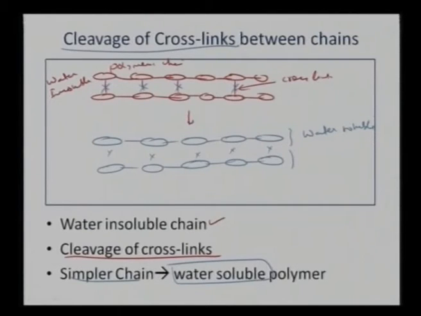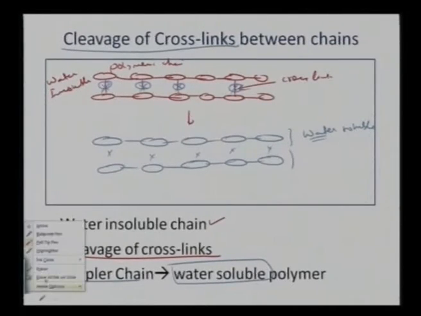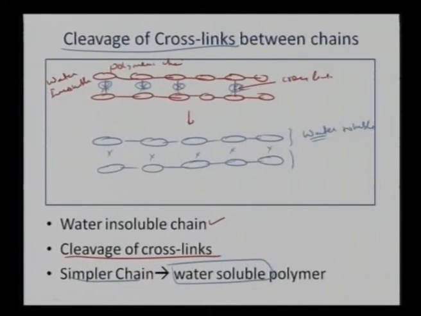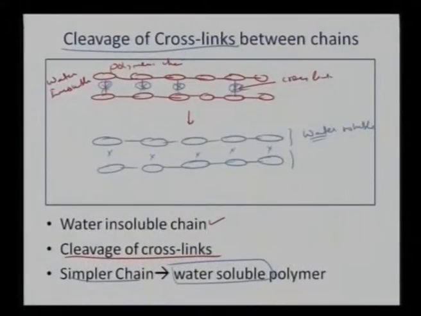So the overall polymeric chain, which had a very strong cross linking with the nearby chain, those links are now being broken, and now that becomes a much simpler chain, and that simpler chain is much more free and small, and that is nothing but water soluble. So that is what is happening in this particular case, that we are observing the overall breaking of the cross linking itself to result in a water soluble molecule. So initially we started with a water insoluble molecule which had a very strong cross linking, and now that breaks down to the very simple water soluble polymeric chain.